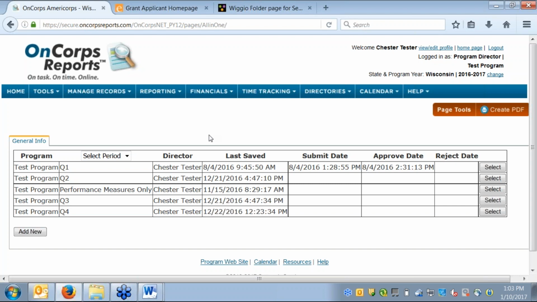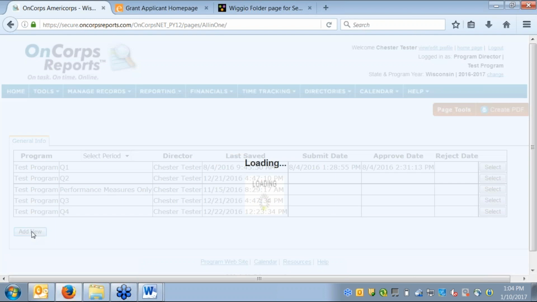Right away, when you first go into the Encore GPR, this will look different. Because we've been doing a number of tests in here, there's already 4, really 5 with the performance measures only, created Encore GPR reports. Once you create and save a quarterly progress report, it cannot be deleted. So I had hoped to delete all of these before so that we could run through a quarter one like you will, but all the functionality is the same. So for today, I'm going to be adding new,